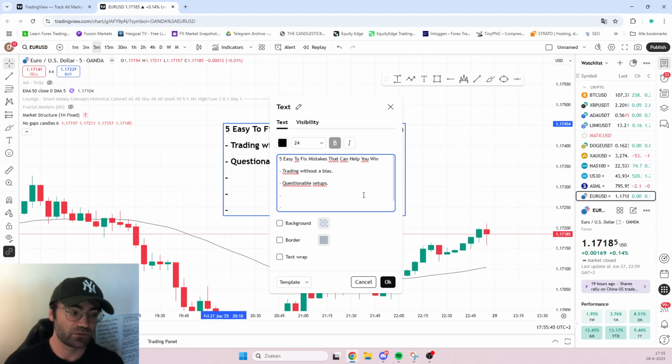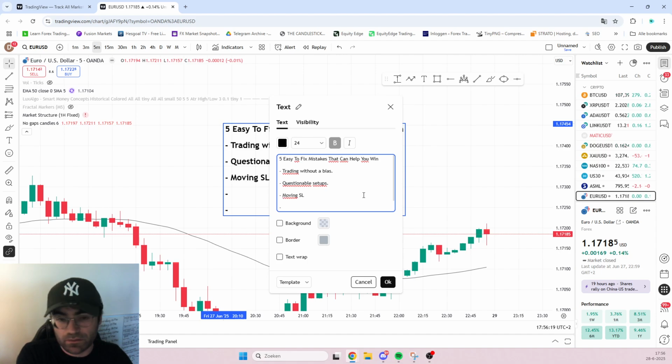I would really just have a really clear picture of whatever you look for in a trade and only go for these. Don't go for the questionable setups. And if you really do want to test those questionable setups, do it with lower risk, or do it in a demo, or just test it a little bit so they become not questionable anymore. They will become part of your trading routine, right? Because it just gives extra stress, and trading is already stressful enough, so don't give yourself unnecessary stress.